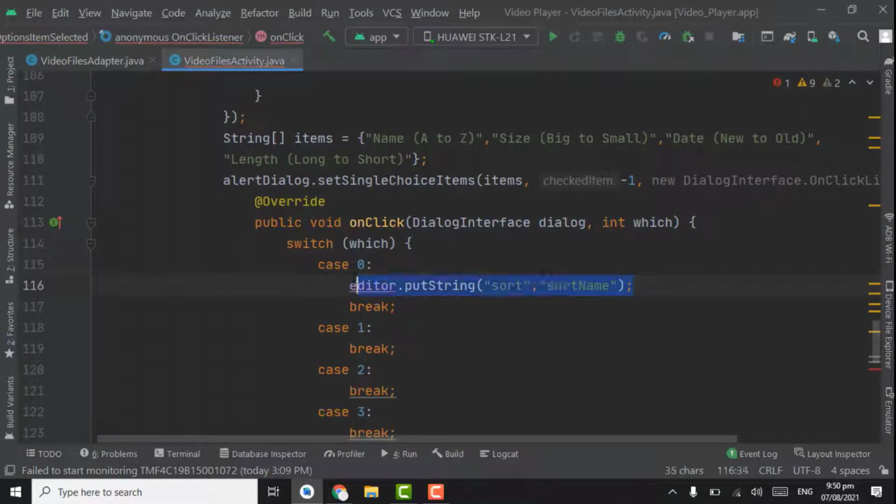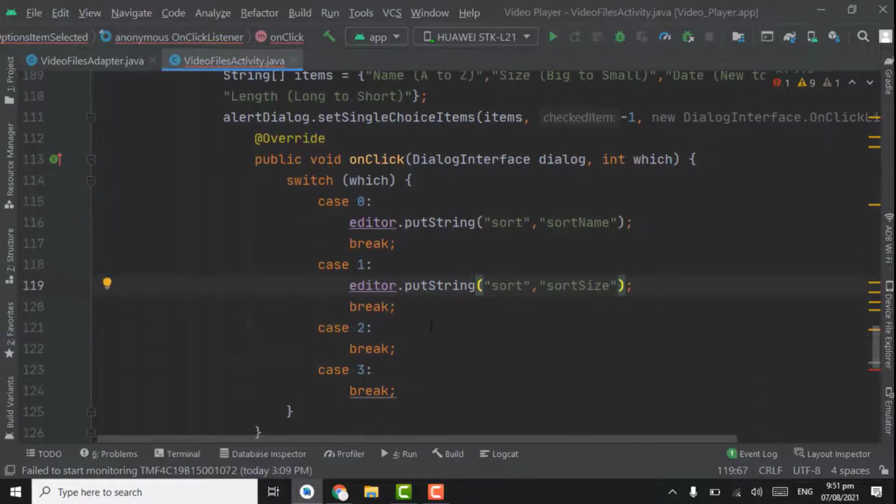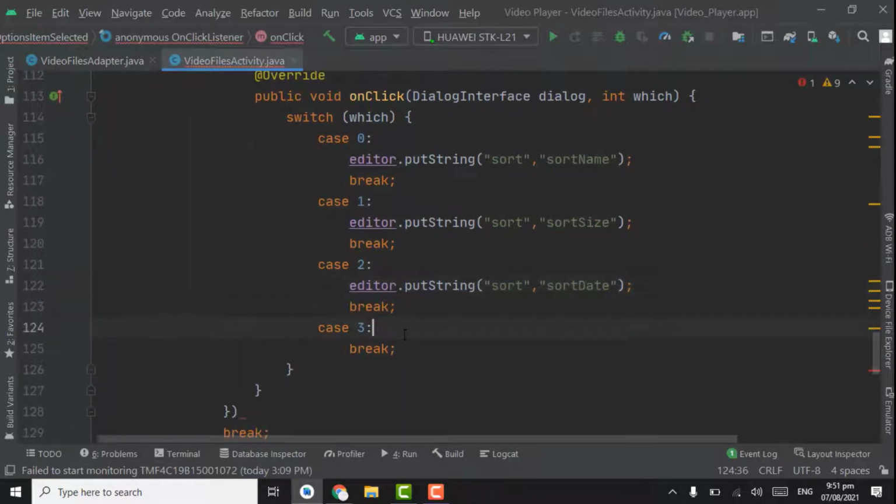Now copy this line and paste it here. When user select the second option, that is size from big to small, we will send the value as sort size. Paste here. Third option, that is date, value will be sort date. Now paste here.